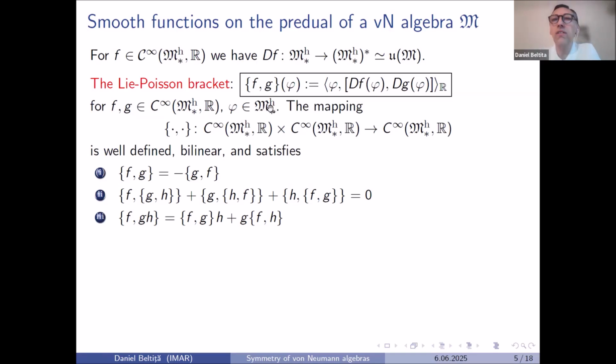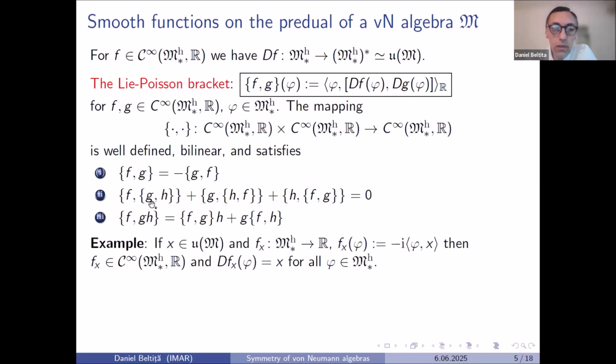Of course, at that time, he didn't define abstractly the notion of Lie algebra, but he defined this on the set of vector fields. For him, this was what he called the differential infinitesimal group, and we call it today Lie algebra. So in any case, we have this nice structure on the predual of a von Neumann algebra. And since we have in particular a Lie algebra, it must encode an amount of infinitesimal symmetry. So this is additional symmetry of a von Neumann algebra that did not appear previously.